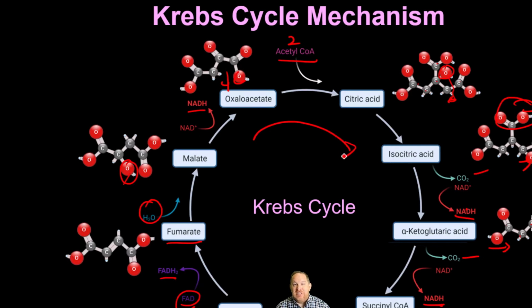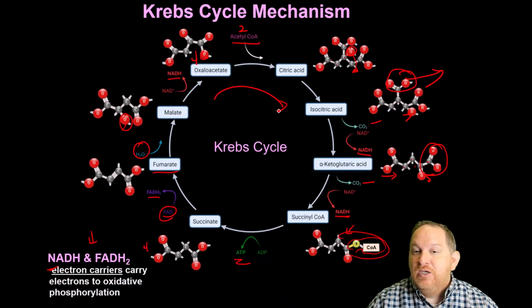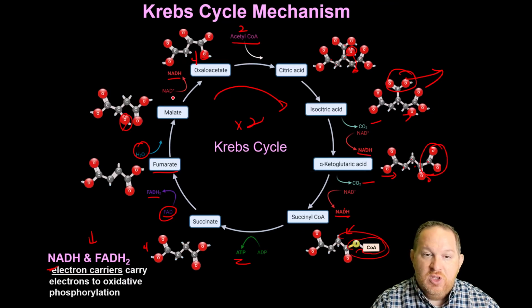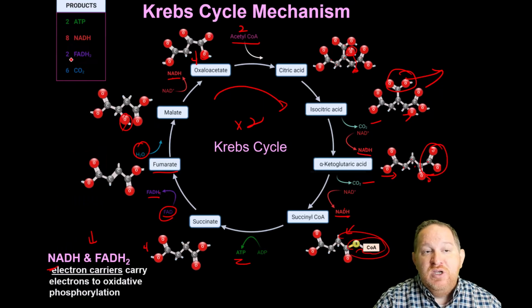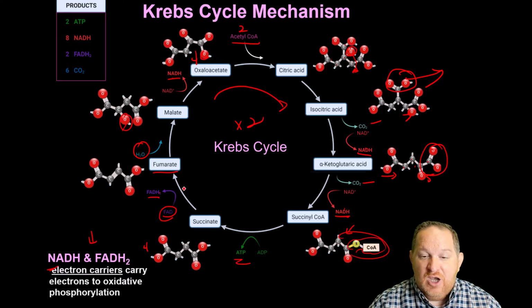Then the whole thing happens again. So let's do a little accounting, shall we? So remember, this all happens times 2 because we have 2 of these that come in. So I'm counting 1, 2, 3 NADHs and 1 FADH2. But remember, this is all multiplied by 2. So I'm really getting 2 FADH2s, 8 NADHs, 2 ATPs. All right, so we see our 2 ATPs, but 1, 2, 3, I'm only getting like